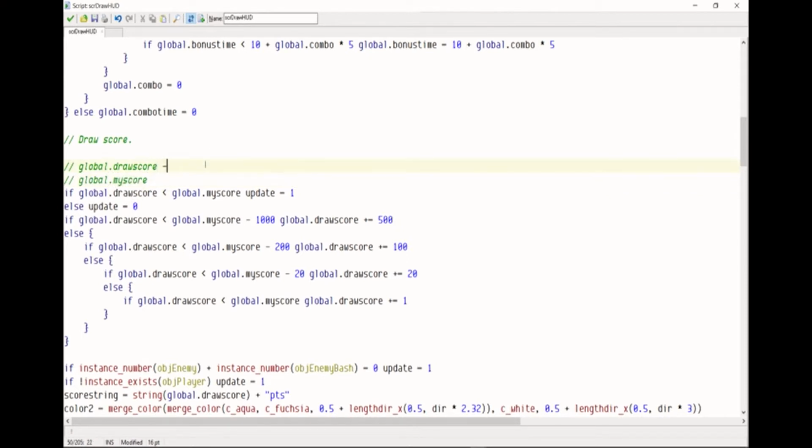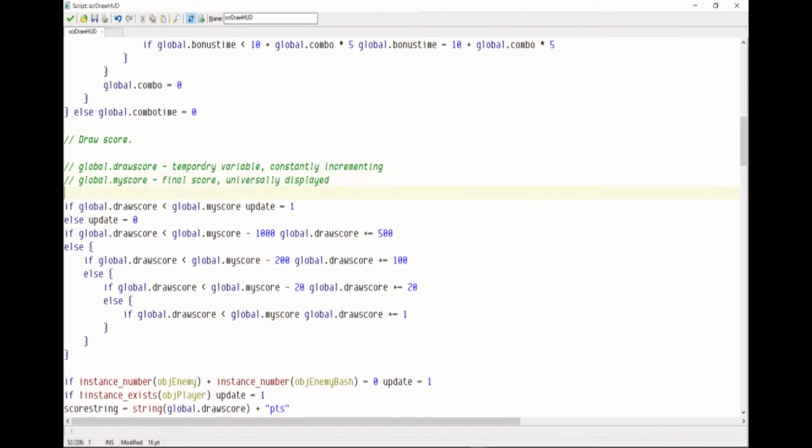Global.drawScore is a temporary variable, and this is constantly incrementing, which means it's increasing by certain values. Global.myScore is the final score, and this is universally displayed. What this essentially means is global.drawScore is a temporary container which basically allows this effect where it can